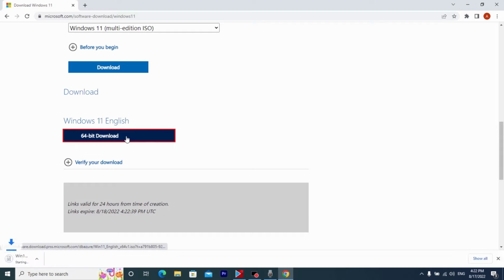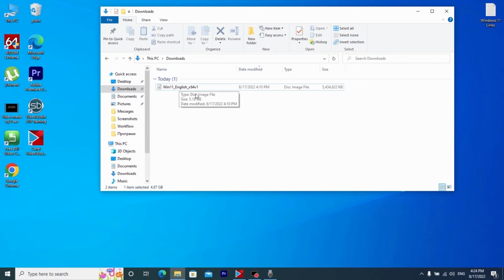Click here. Now we need to wait until ISO file will be downloaded on our computer, and then I will show you the first way how to install Windows 11 on unsupported hardware. How do you see, ISO file already downloaded? And now we need to click on it, open,